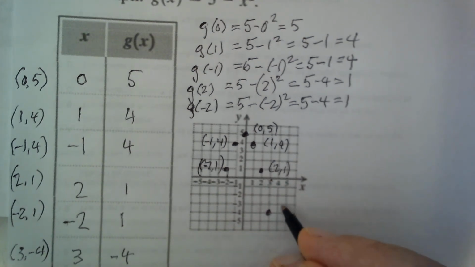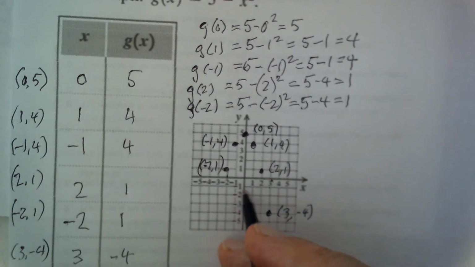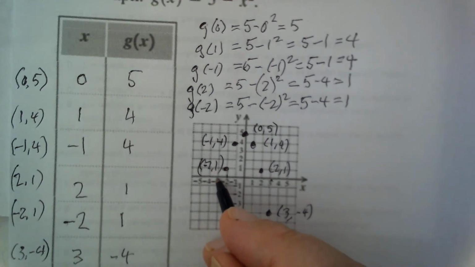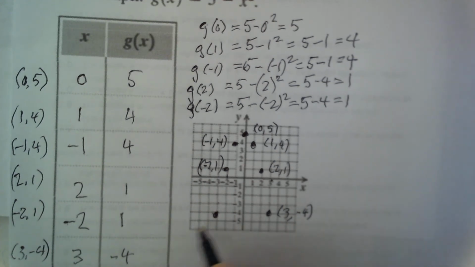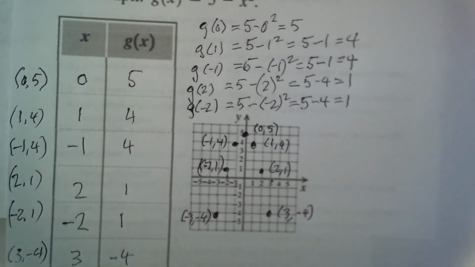So here's 3, negative 4. And then minus 3 and minus 4 would be minus 1, 2, 3, minus 1, 2, 3, 4, and it would be this point here. Minus 3, minus 4. And then we draw a smooth line through these